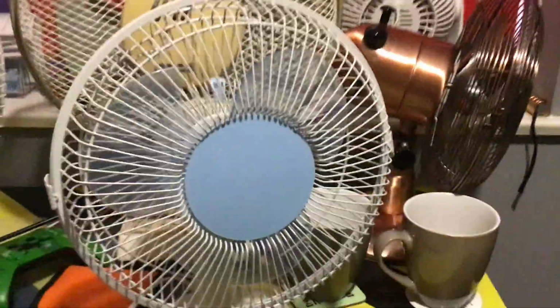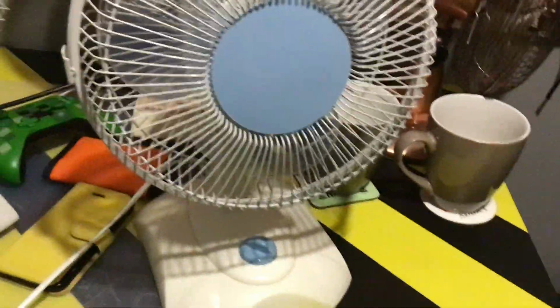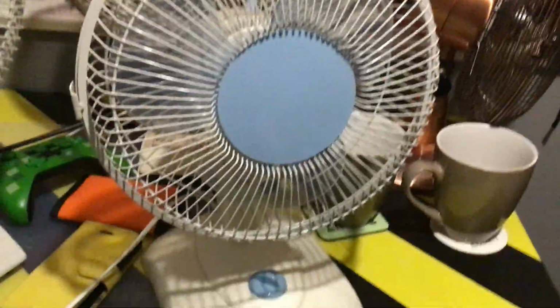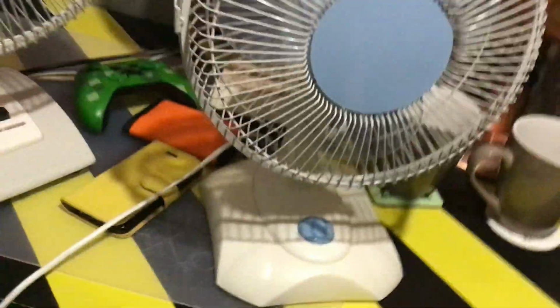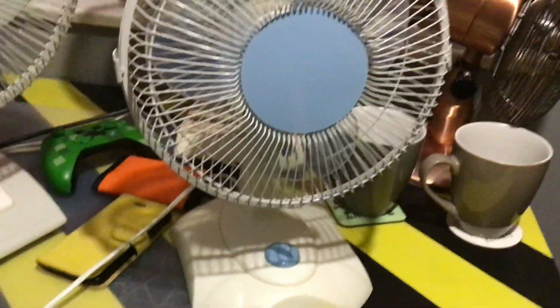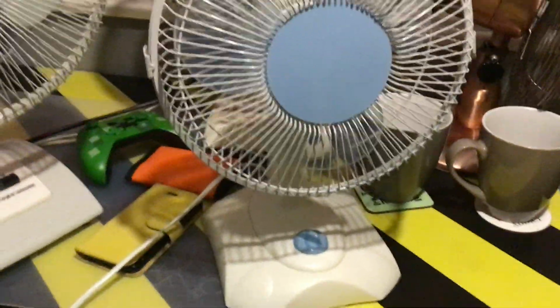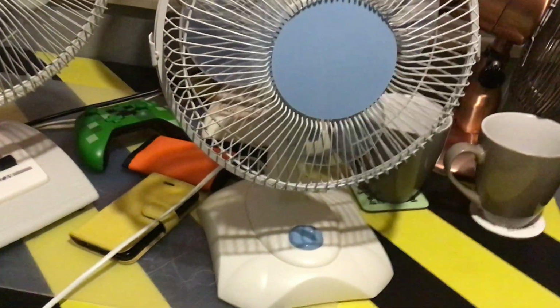In this video I'll just be ranting about fans that some of my family members had. First one was a Tesco 9-inch model DF96. Not this exact fan, but the same model as this one. Now, my parents got that fan in around 2008. And the last time I ever saw it was 2016, as it got thrown out